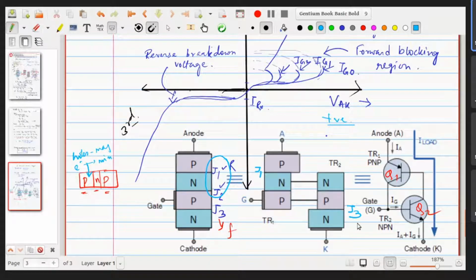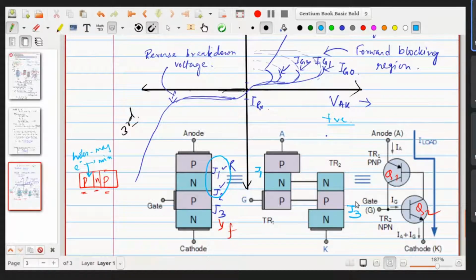These are going to move into the junction. J1 and J3 become forward biased and J2 becomes reverse biased. IG is not given. IG has not been set, so the gate current I am not controlling. There is a conduction current, as we were mentioning in the very early discussion for today's class, that the anode cathode current, we are trying to make it the high diffusion current. So if we consider that particular phase, then what happens?